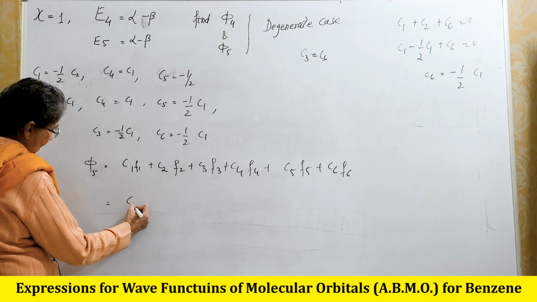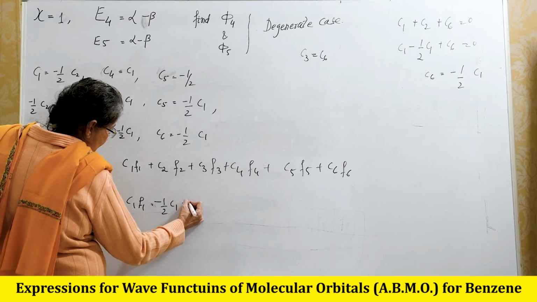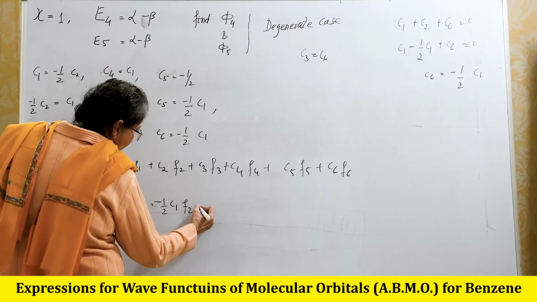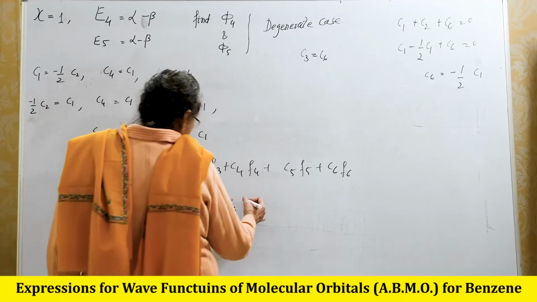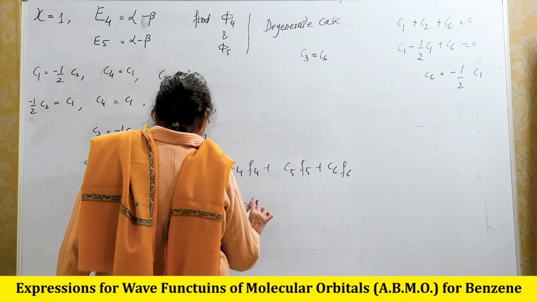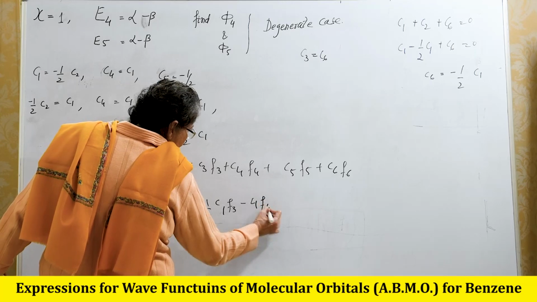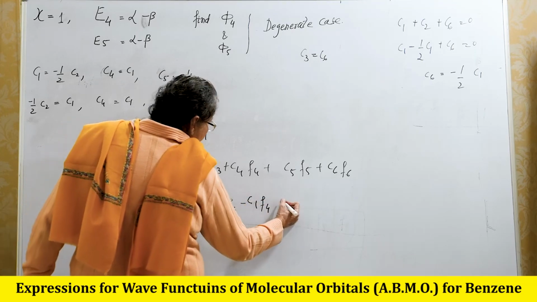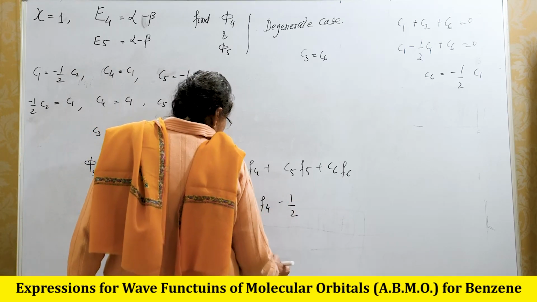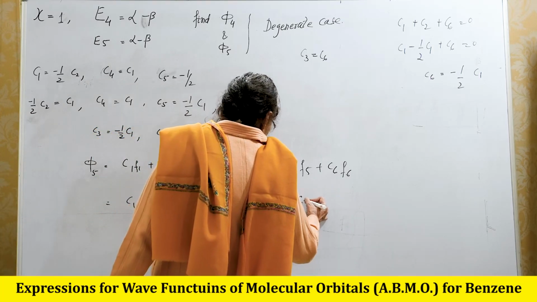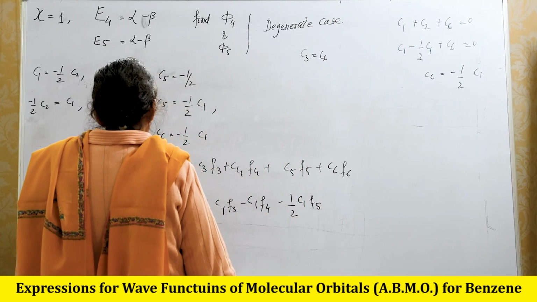Then C1 F1 plus minus half C1 F2 minus half C1 F3 minus C1 F4 minus half C1 F5 and this is plus